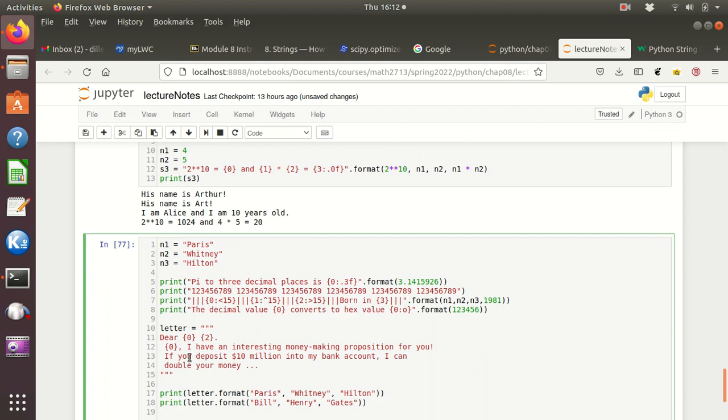Okay, so there we're going to print out the letter, and notice here they're using 2 different format statements for the same text, same string, and notice they don't use the middle name at all. They do the first name and the last name, and then they use the first name again here. And so if we run that,